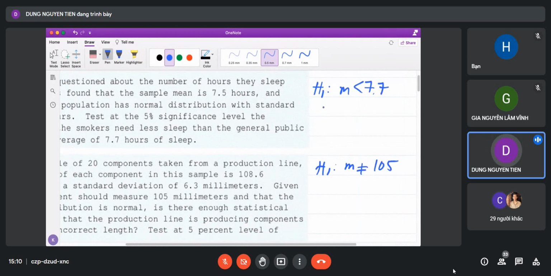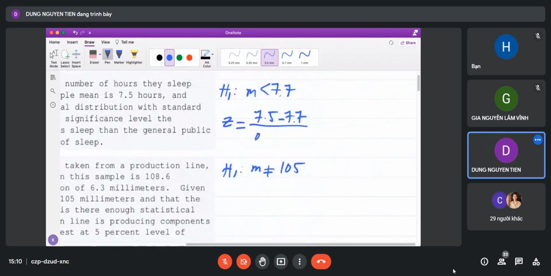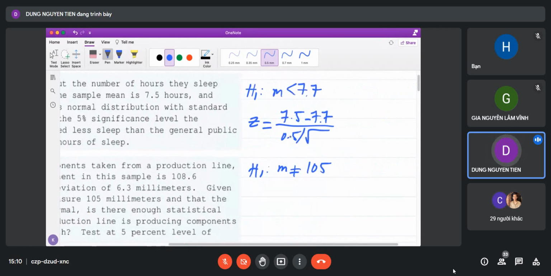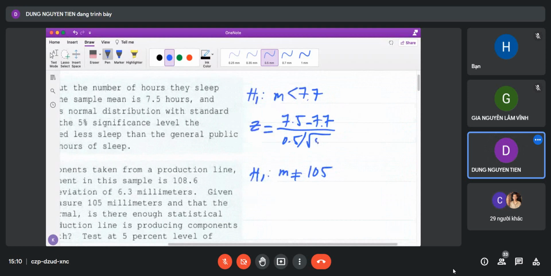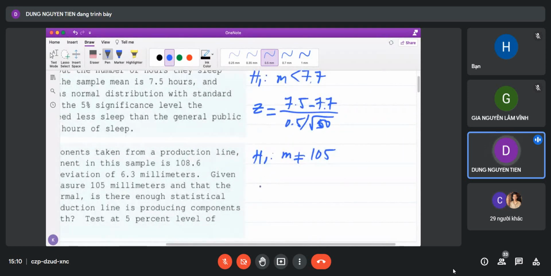And then in the first case, you need to find the value of Z, which is 7.5 minus 7.7 divided by the population standard deviation 0.5 divided by the square root of n, and in this case n is 50. Okay. And then for the second problem, you want to find t, and that's going to be 108.6 minus 105 divided by